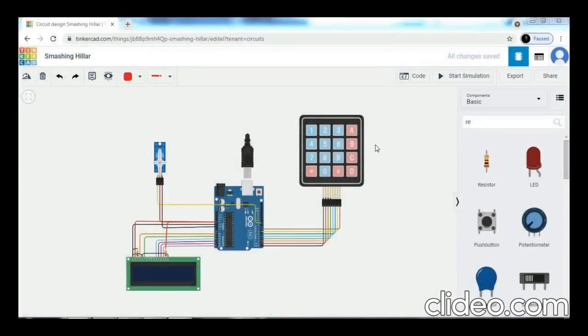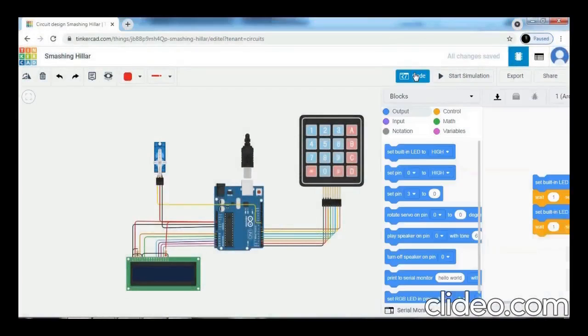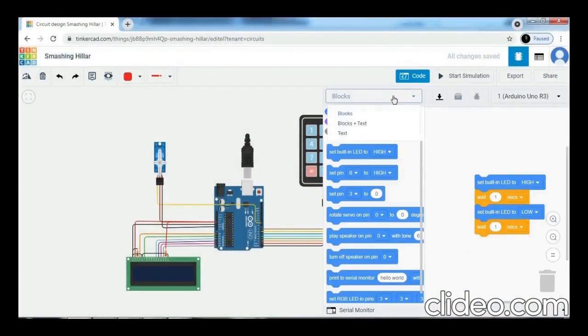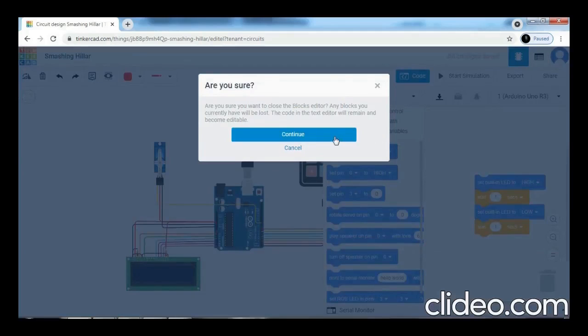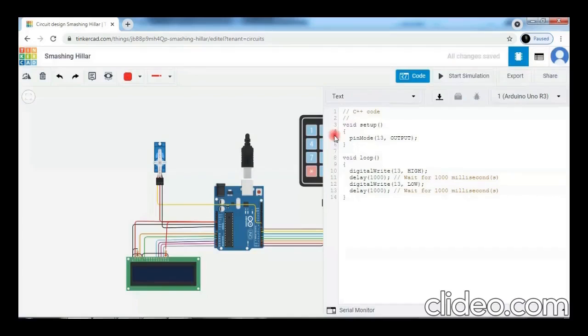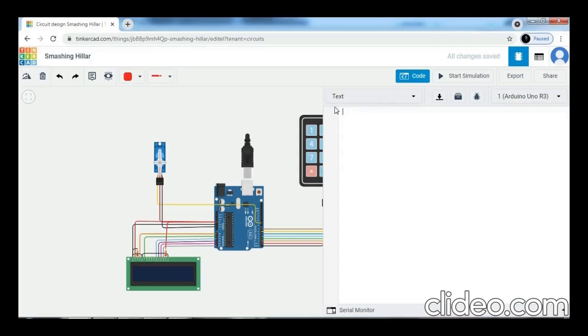Now we have to upload the code on the system. First, click on code, select the text, click on continue. Here is the default code. So here we have to upload our system code.